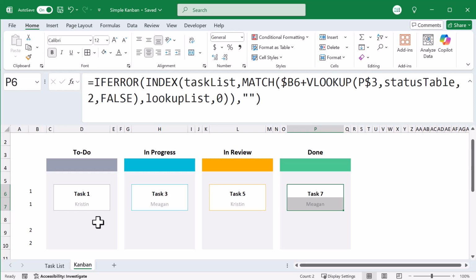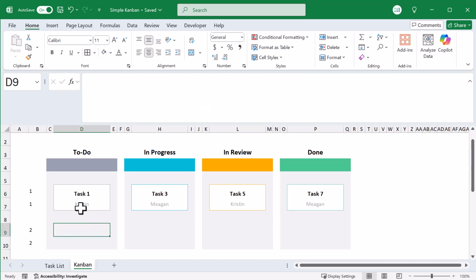And then, to finish the cards, we're going to add conditional formatting that will hide the cards